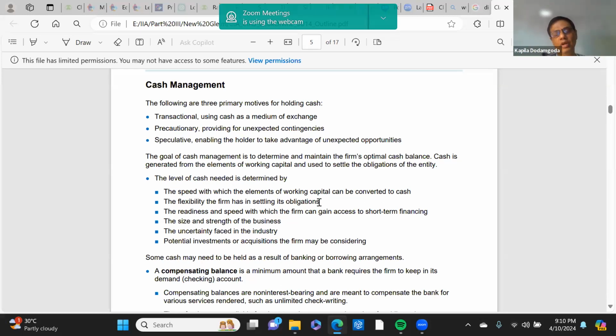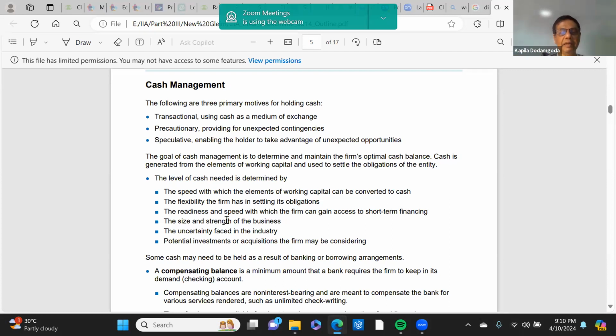In certain businesses, you have good supplier relations, or the nature of the industry is such that you always have the flexibility to talk to a supplier and get a little more time without any problem, or without going into the bad books of your supplier. So whether you have that flexibility with your suppliers or not will also be a factor that will determine the level of cash required.